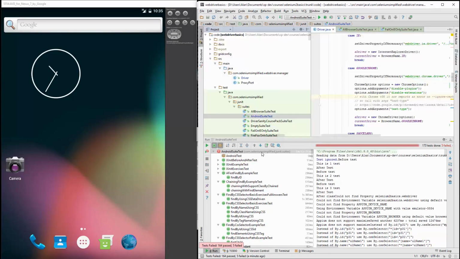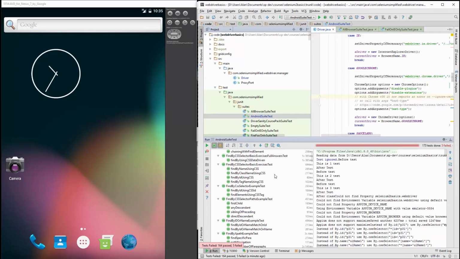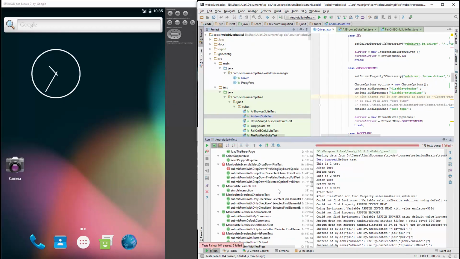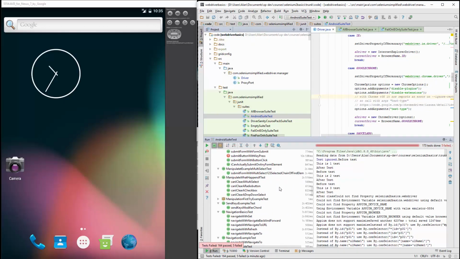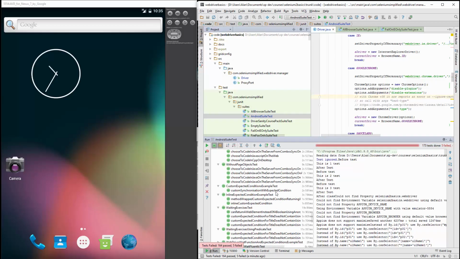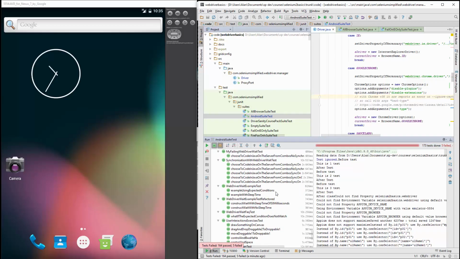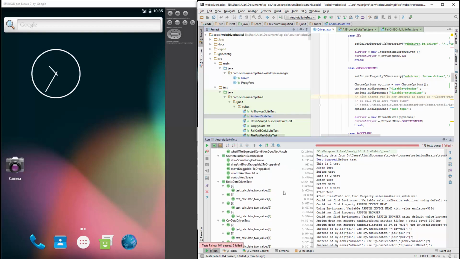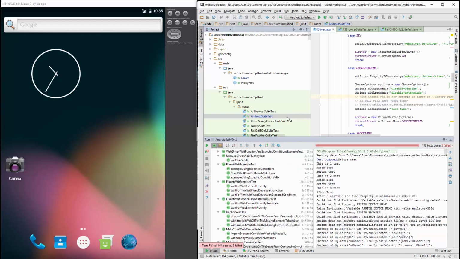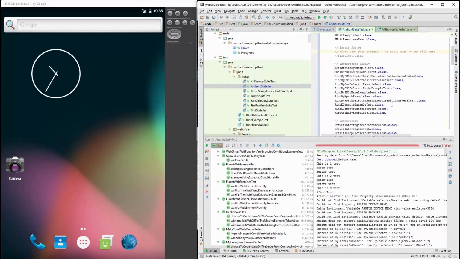Okay, so that's not bad. The tests that have failed on the normal browser in the Android emulator are frames, which we're expecting. Submitting a form. And that's it. And the reason you're not seeing the file upload failed is that I've taken that out of